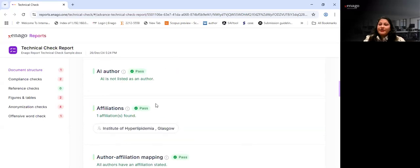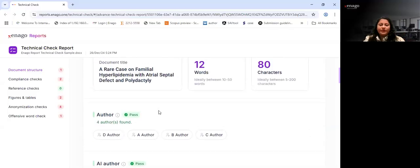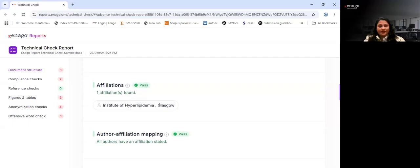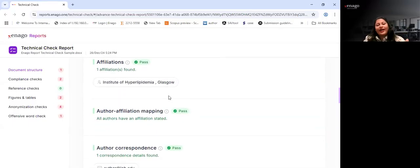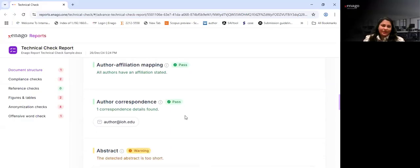So these checks may be minor, but these are very, very crucial because we have to understand that as researchers, we may not write the entire manuscript in one go. We may write one part, or when the research is ongoing, we may keep the theoretical sections ready, and add the method sections or the discussion or the conclusion sections subsequently. So, usually, the logical flow or the parts that we have added, we may not remember in a continuous manner. So, a technical check report in one go helps you check and affirm whether all of those sections are